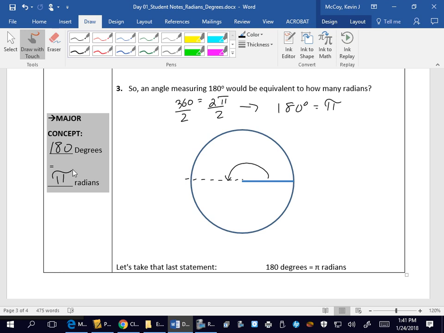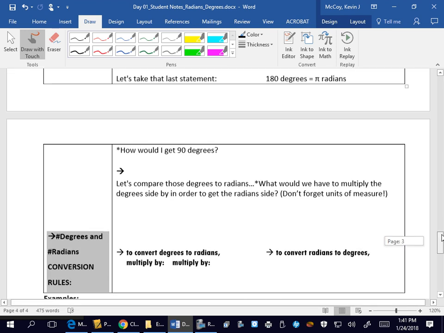Okay, this is probably the key right here. This is the most important one because we'll use that one mostly. 180 degrees is equivalent to pi radians. This is kind of how we're going to be able to convert back and forth between degrees and radians for things which are not so easy to figure out. Okay, what we can figure out